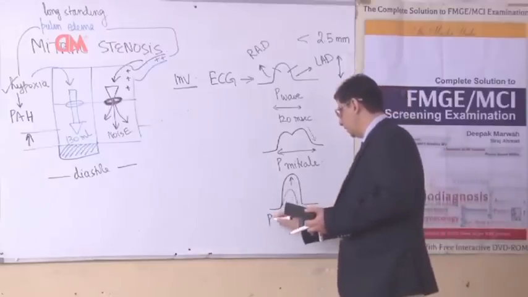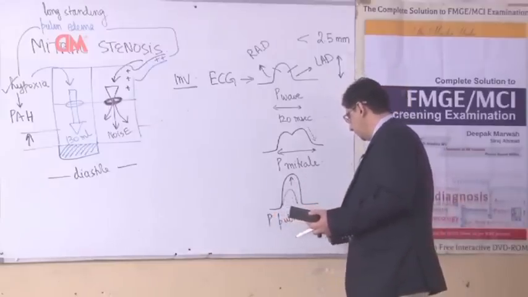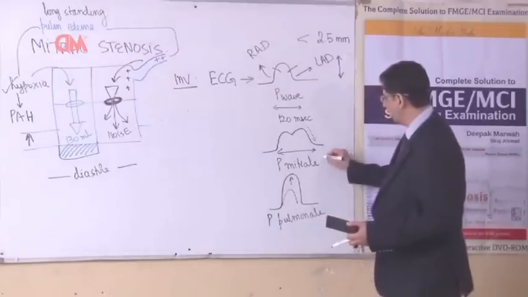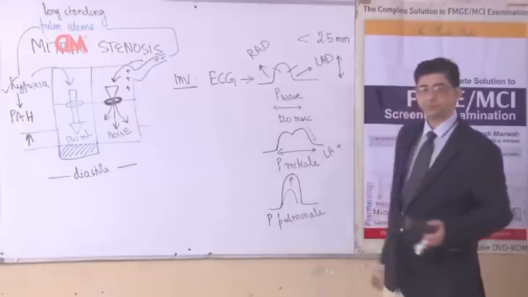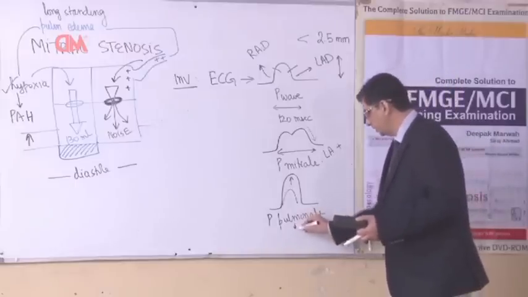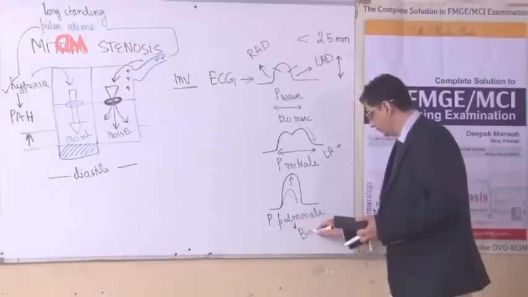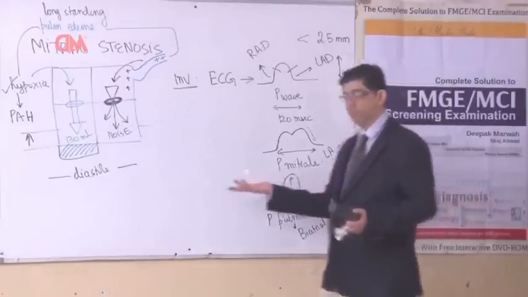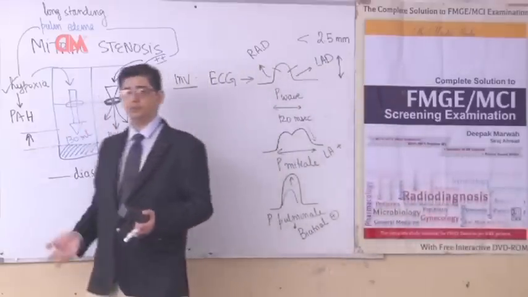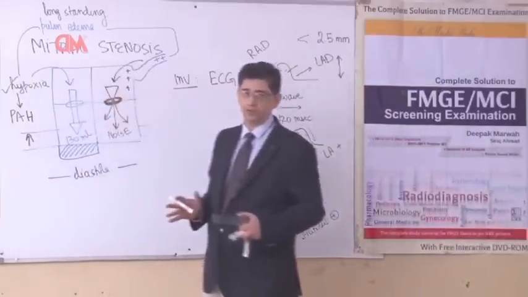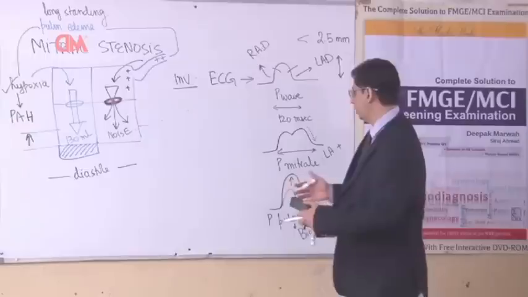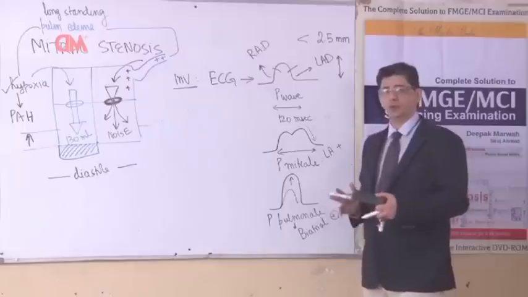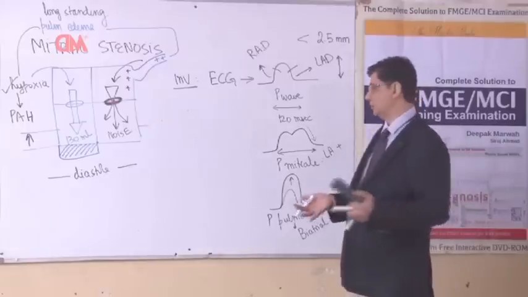The second ECG finding that could be seen in these patients is P pulmonale. Please remember for MCQ sake that P mitral is indicative of left atrial enlargement. P pulmonale is indicative of biatrial enlargement. In patients of mitral stenosis, initially you have left atrial enlargement, then you have a right ventricular enlargement, ultimately even the right atria will be affected. So when you have a biatrial enlargement, that is when you have a P pulmonale, and when you have only a left atrial enlargement, it is P mitral. This is especially for picture-based MCQs that I am trying to draw before you before we come to the actual picture-based questions.